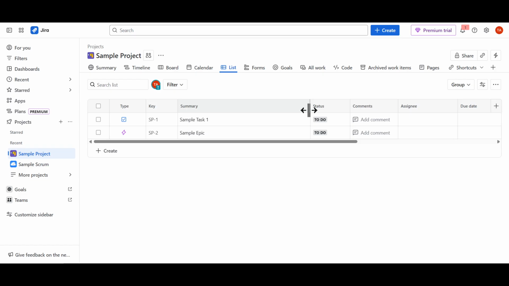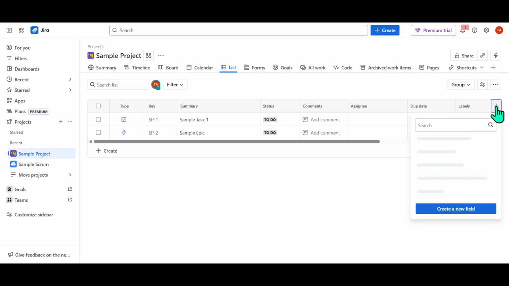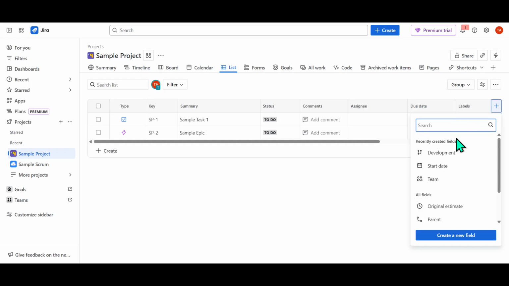Now, direct your attention to the far left of the table list. Carefully inspect the area right next to the last column that you currently have in view. Here, you should see a plus icon. This icon is your gateway to expanding your table's capabilities. Clicking this icon is the first step to adding new fields, which will ultimately become new columns in your list